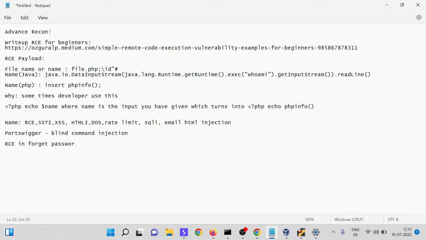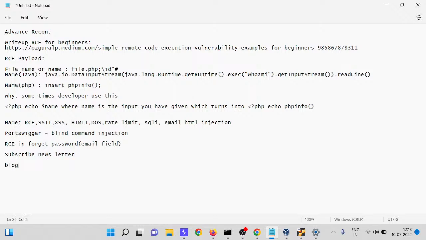Forget password. So in real world scenario this is not found in many cases, for example in forget password functionality, because most companies use third party applications, for example Amazon SES. But sometimes you can find this forget password payload in the email field, mainly in the email field. You can find those in the email field where you see subscribe to our newsletter. So solve the port figure and try the same in newsletter or subscribe.